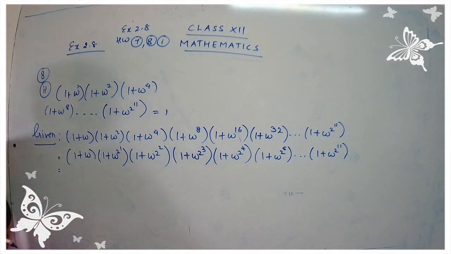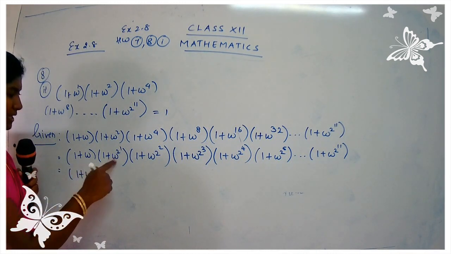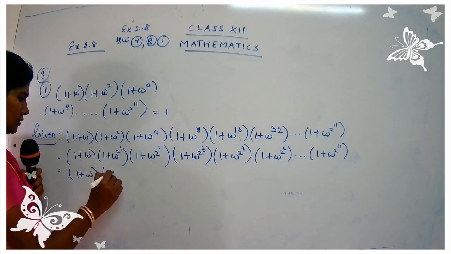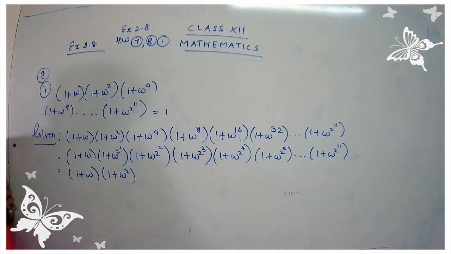So this is equal to. Just stay on the step. Do not miss any terms, children. Just stay on the steps. So now here, let's go for a few changes. Now 1 plus omega, just keep 1 plus omega as it is. At the moment, do not do anything. Just keep it as 1 plus omega. And we can keep this as 1 plus omega square. Okay, I'll just keep this as 1 plus omega square.